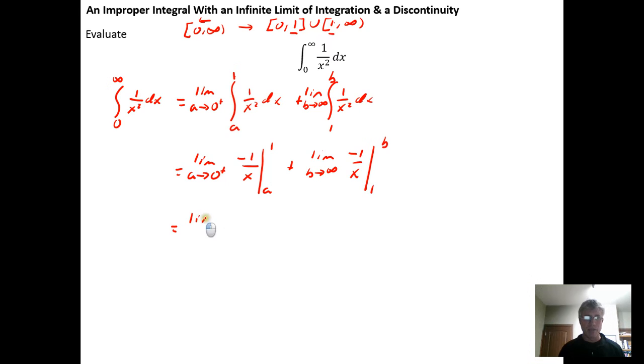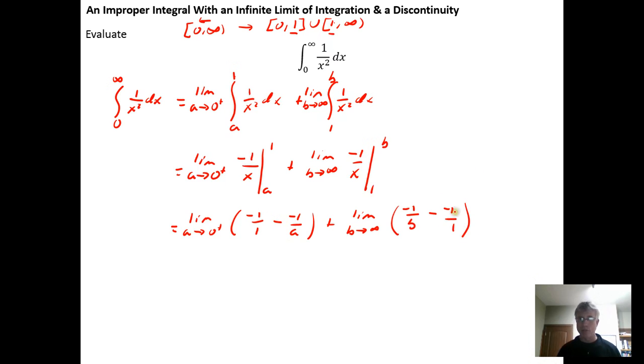So we have the limit as a goes to 0 from the positive side of negative 1 over 1 minus negative 1 over a plus the limit as b goes to infinity of negative 1 over b minus negative 1 over 1, which is just going to simplify to